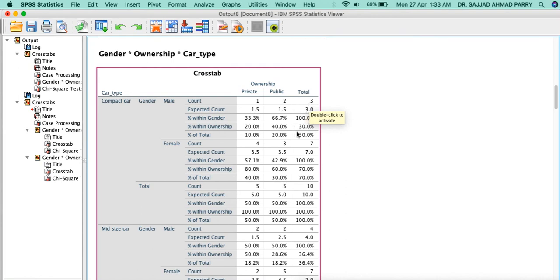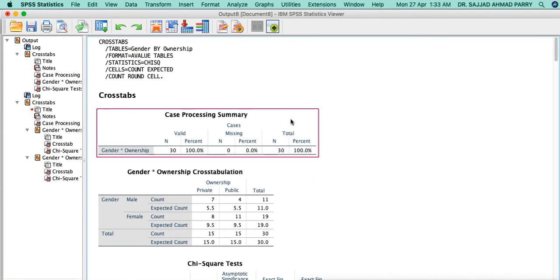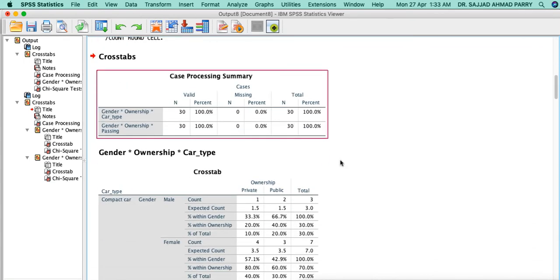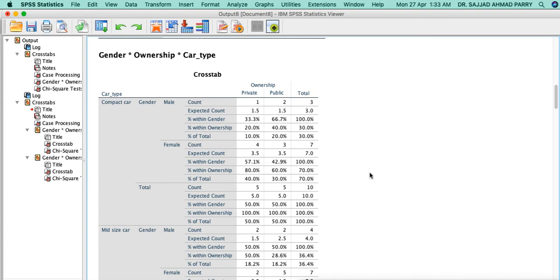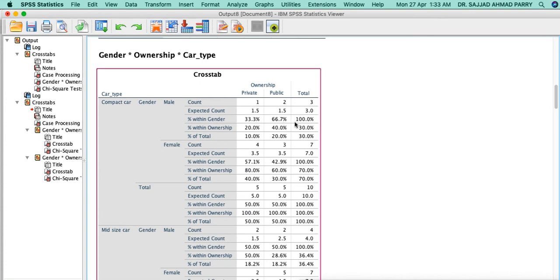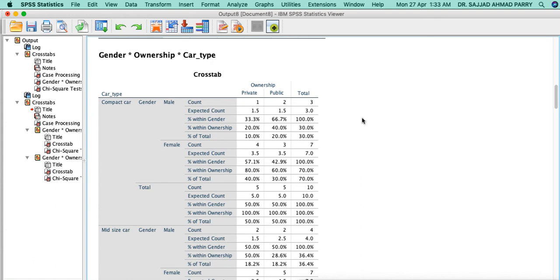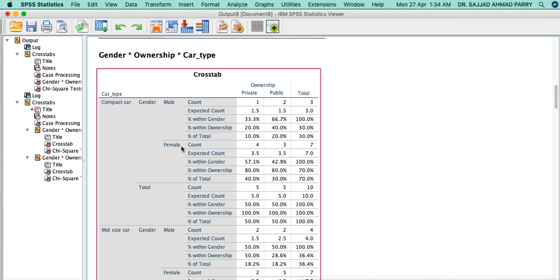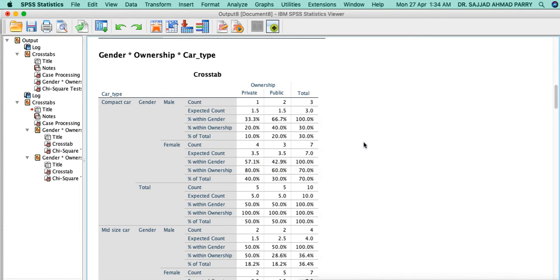Total are 3. Now if you see here, the total gender here is 100%, that is 3 are there. In that 33.33 use the vehicle for the private purpose, and 66.7 use it for public purpose, and total is 100. Fine. Now if we talk about female, we have 4 who are using it for private, and 3 are there who are using it for public, and total are 7. If we take the percentage, it is here mentioned.